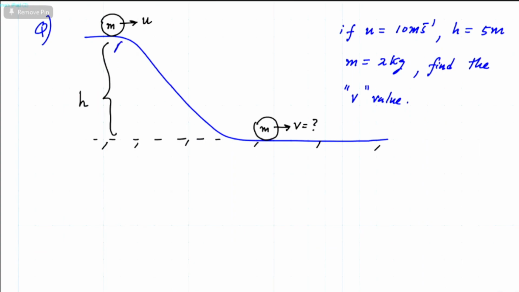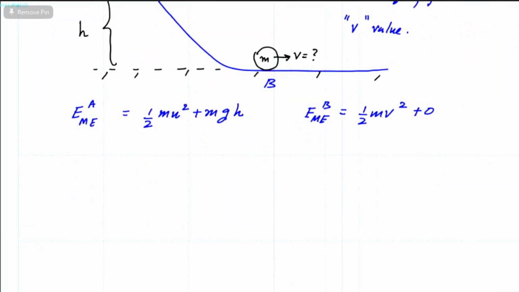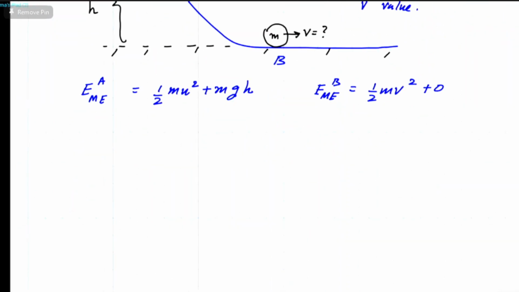This is point A, this is point B. So the mechanical energy at A would be equal to half m u squared plus mgh. The mechanical energy at B is equal to half m v squared plus 0. Right? So using energy conservation,